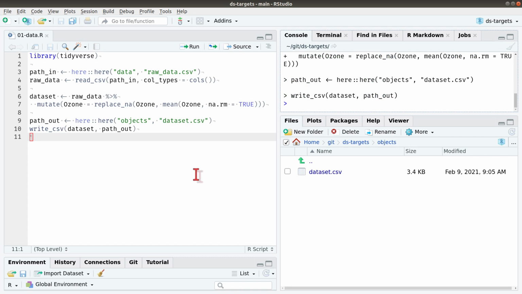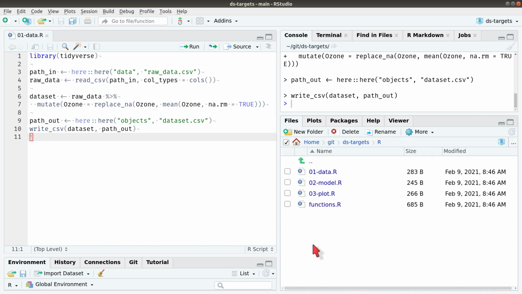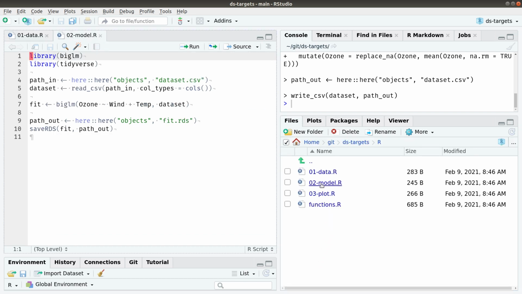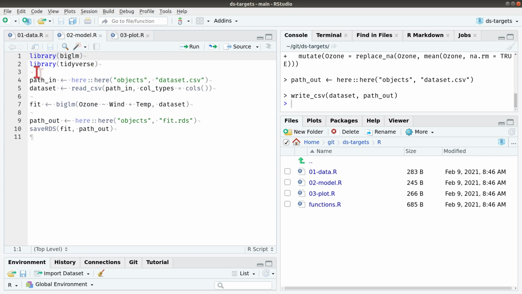So just to kick off on familiar ground, we know what this looks like. I'm going to move a little faster now. I click in R, and I'm going to show you a few other files. This analysis is made up of 3 scripts: number 1, number 2, and number 3. Number 2, all it does is take the input from the object, basically using that manual cache that we created,